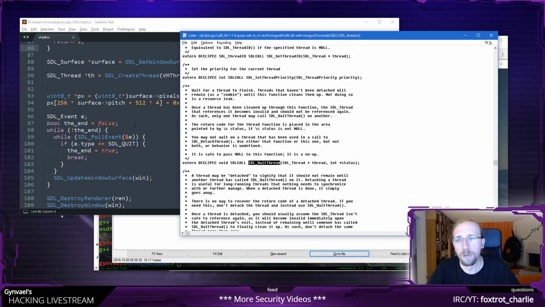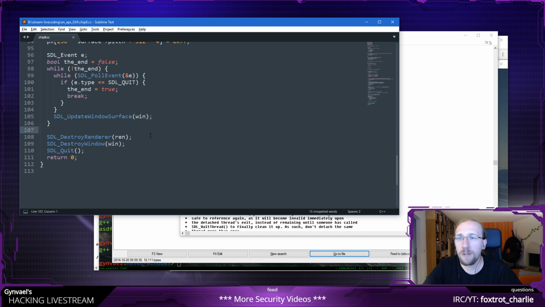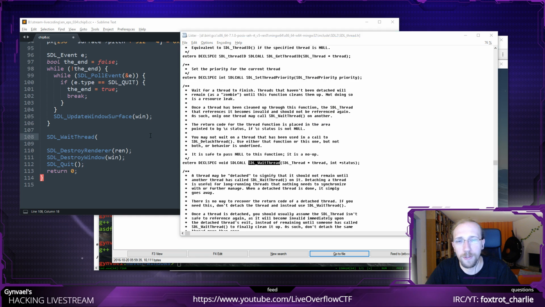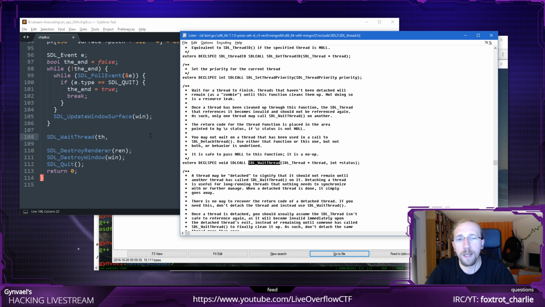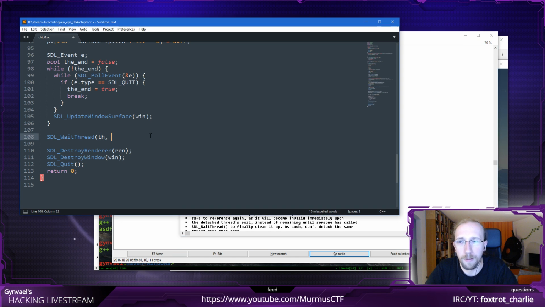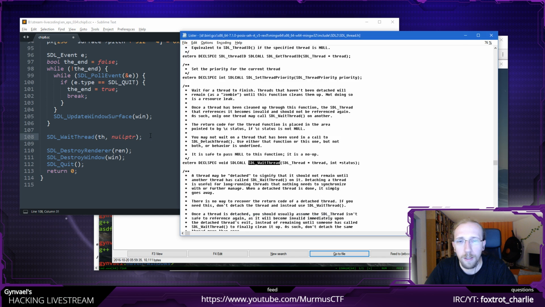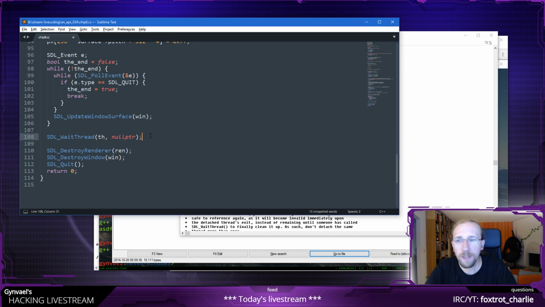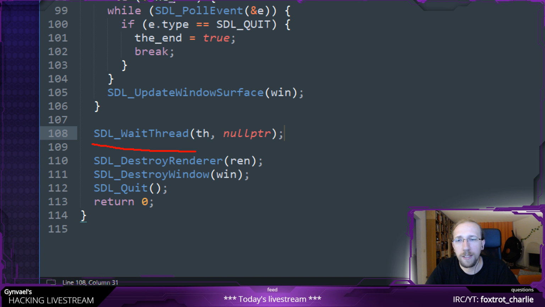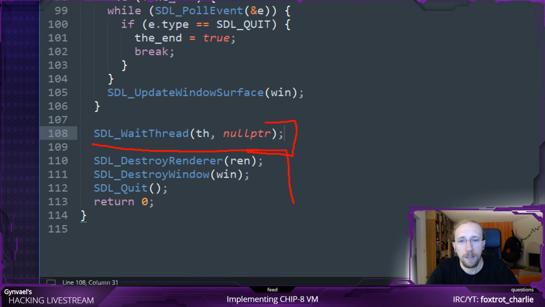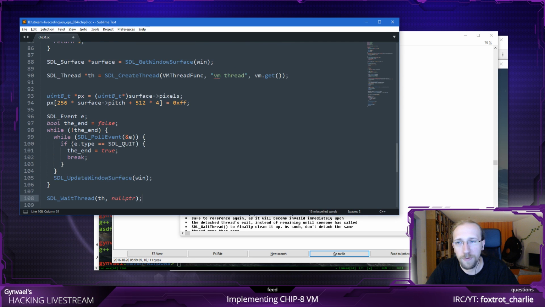Okay, so I can put it null, which is perfect. So here, just before destroying everything, I need to make sure that the thread actually exited. So th is the handle of the thread, and then the status, which is going to be a null pointer, obviously. And I guess after this function, it's guaranteed that the thread has already exited because this is actually blocking. So yeah, this is fine.